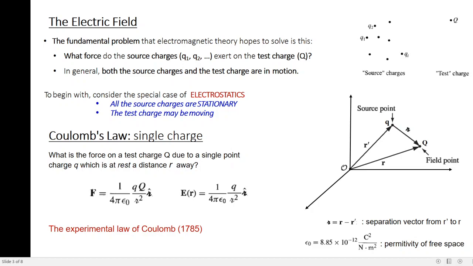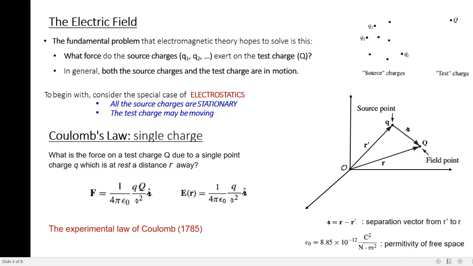So in physics, we often talk about a source and the field. A field is a region of space around the source in which you can experience certain attributes of the source, attributes like a force, energy, work, etc. Now if you imagine a fireplace as a source, the region around the fireplace in which you can experience the heat, that is the field associated with it. Similarly, if you take a moving fan as a source, the region around the fan in which you can experience the wind current, that is the field.